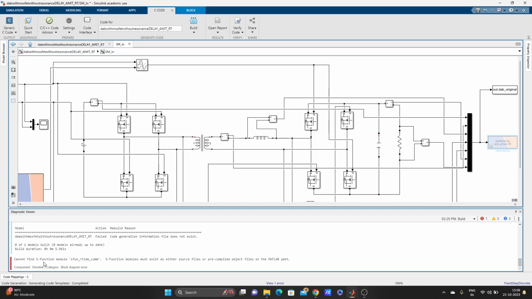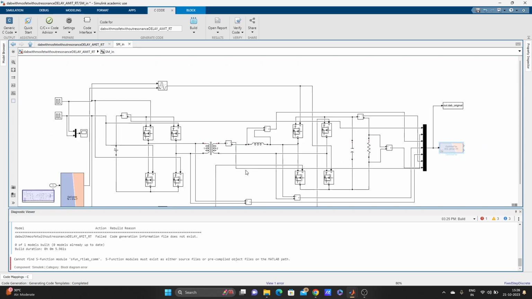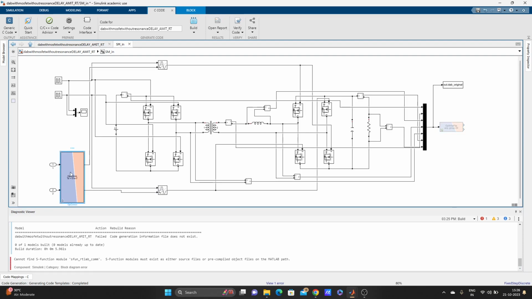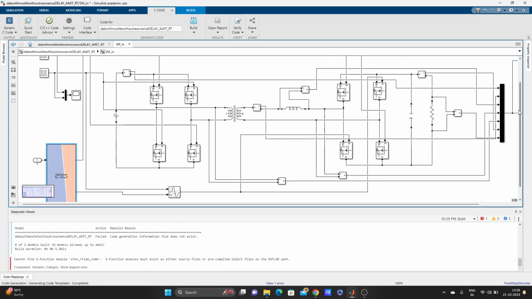Cannot find S-function module S-function underscore rtlab underscore com. S-function module must exist as either source file or precompiled object. S-function underscore rtlab, is it saying about this one? Not sure. Let's try to